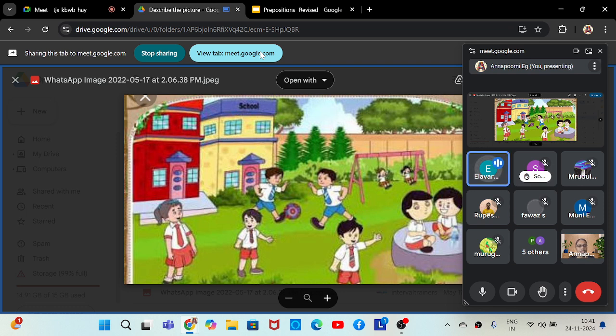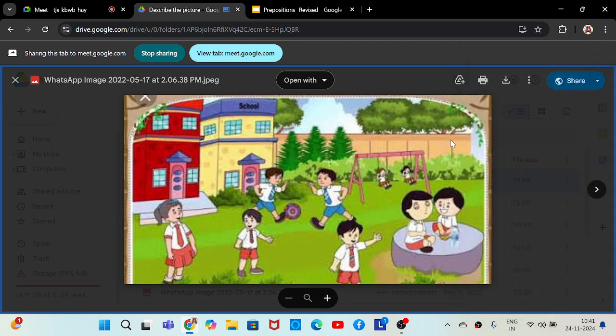There are 2 boys sitting on a rock with a water bottle, and that's all, ma'am. Description can be about everything that you see in the picture. You can describe whatever you see. And there are 2 girls swinging in a seesaw. Swinging on swings. There is no seesaw in this picture. Can you see a seesaw? No, ma'am. So two girls are swinging.